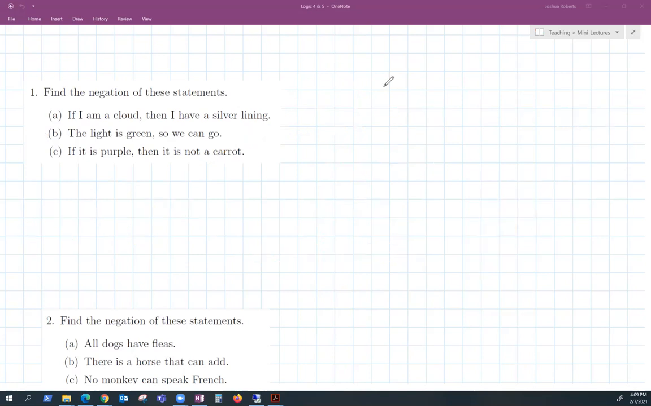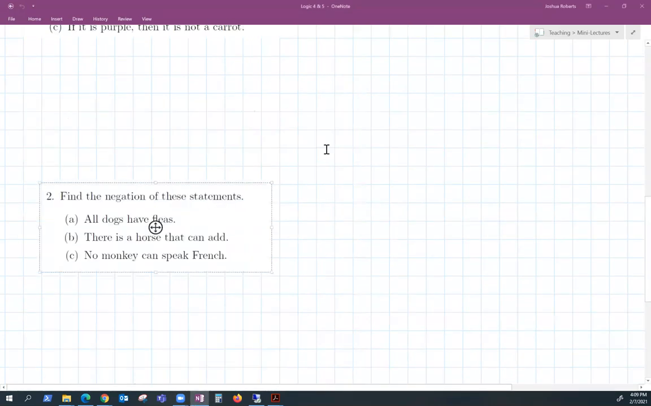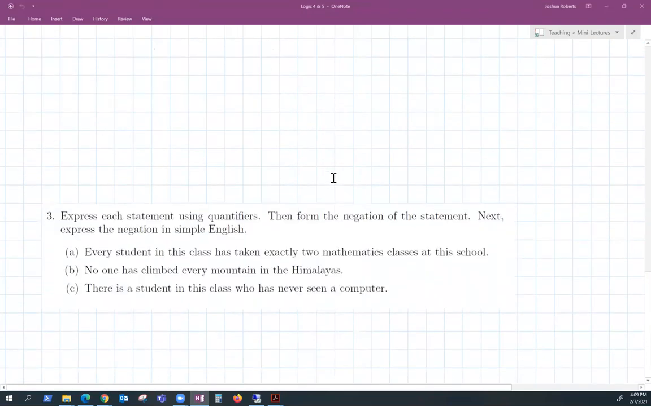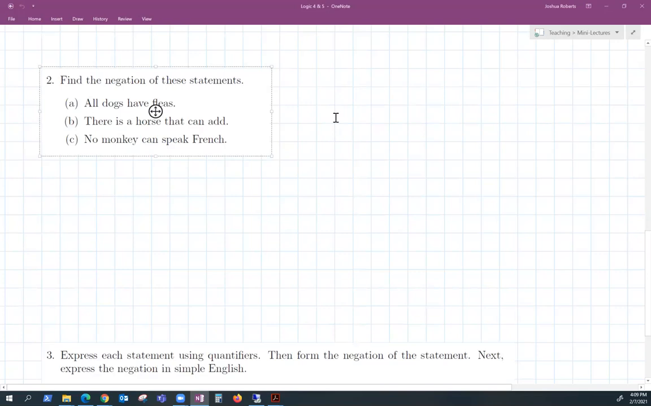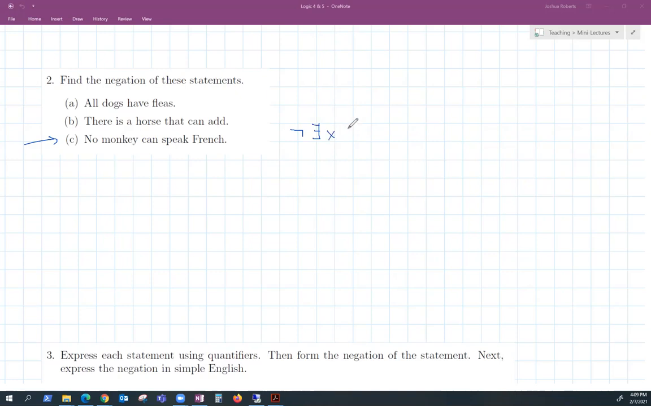All right, moving on to this last set that I wanted us to look at. Well, the second to last set. Find the negation of these statements. I'm going to do C. No monkey can speak French. So there does not exist an X such that f of X, where f of X is going to be X can speak French,